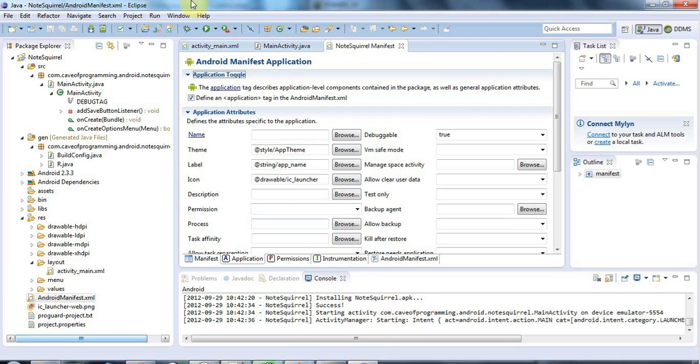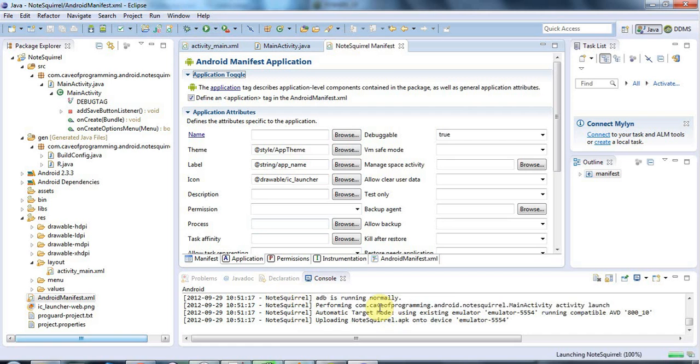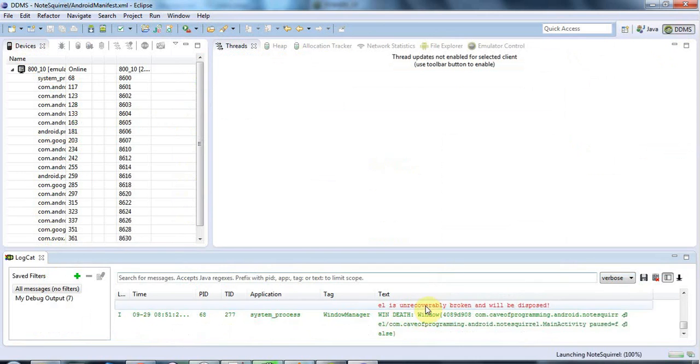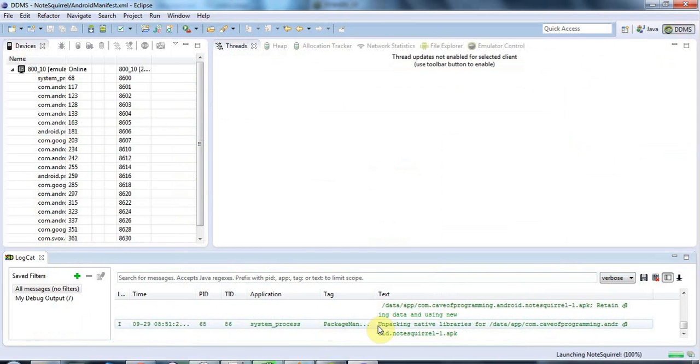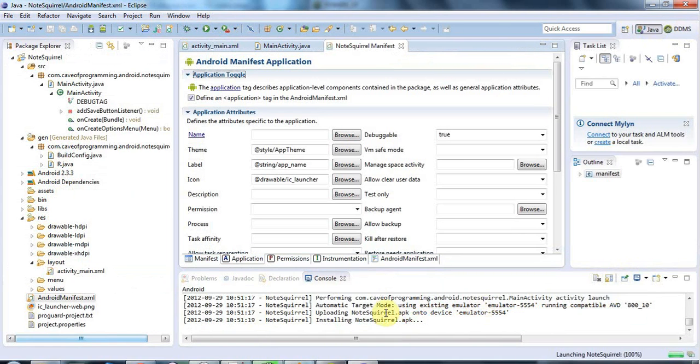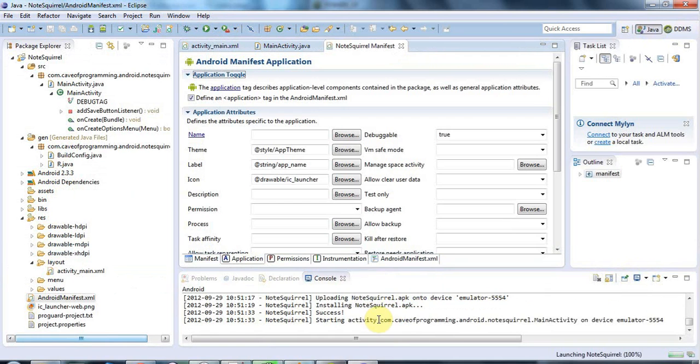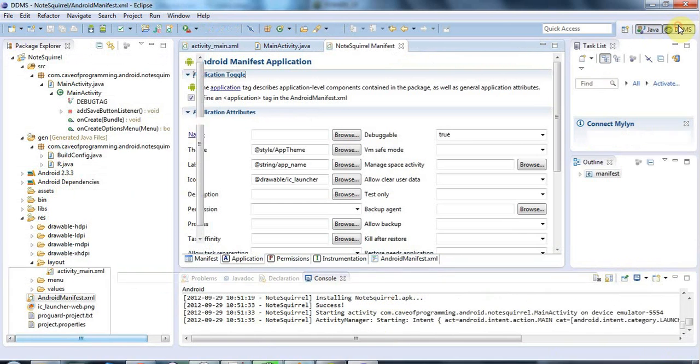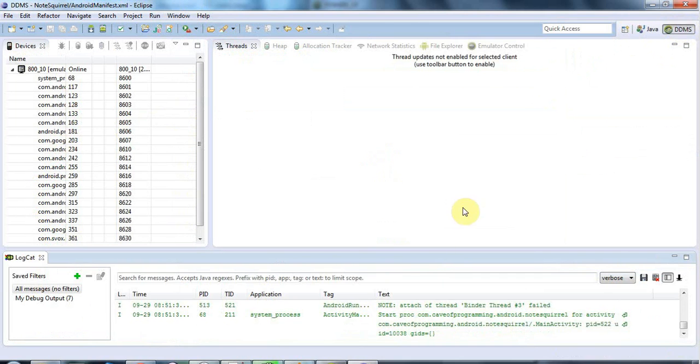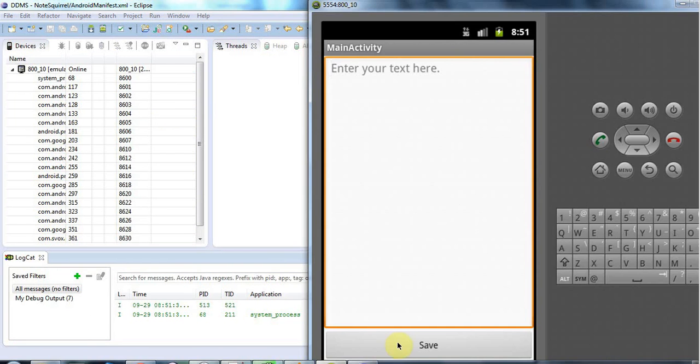Now what I'm going to do is start this new version of the application that has that debug output code in it. And let's go to DDMS here, and also we can see all kinds of things are happening there, and hopefully it's working. Let's just check in the console. So it says it's installing notescroll.apk success. That looks good. So in DDMS now, if I go to my emulator and click save,